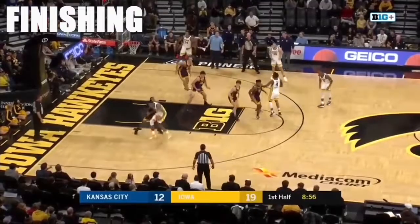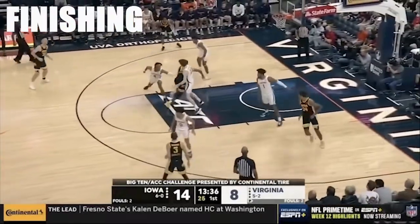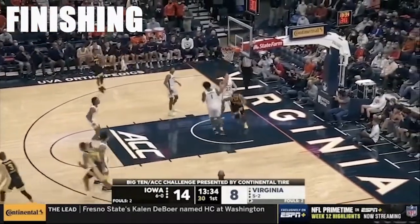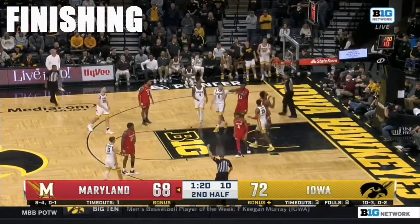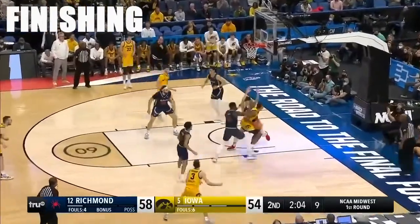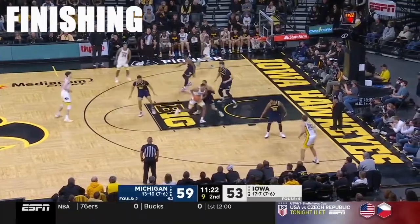He's too big for wings and will just bully them inside, but he's also too quick for bigs and he'll just be able to get right past them. He shot about 71% for the season at the rim, which is very impressive, and a lot of that comes from his great footwork in the post and on drives. A lot of the time he uses his signature move, which is his spin back going right,